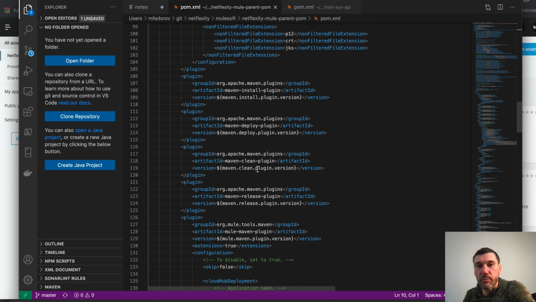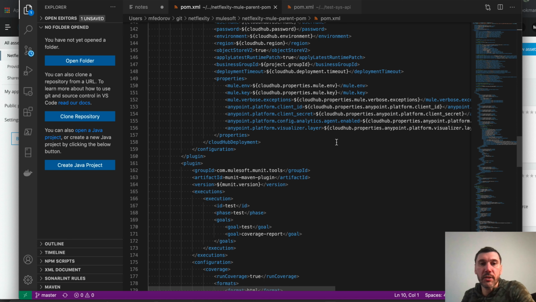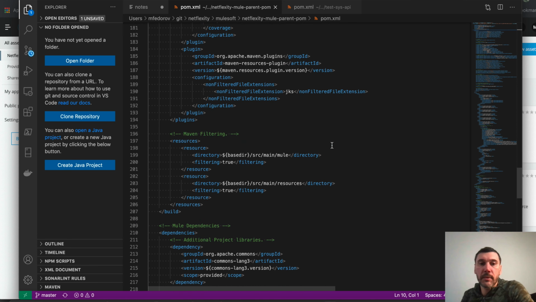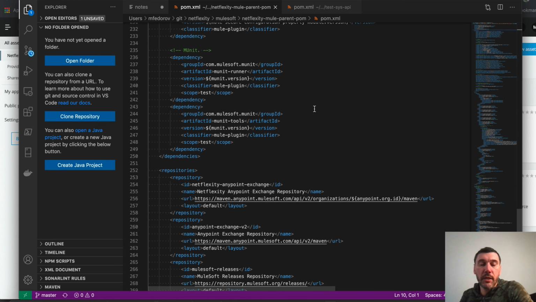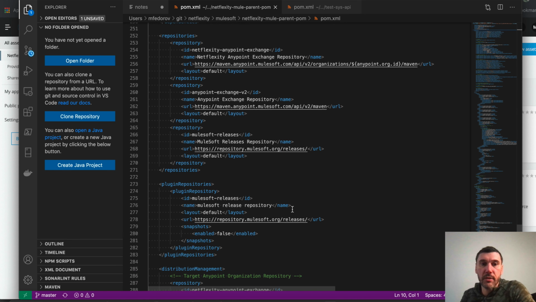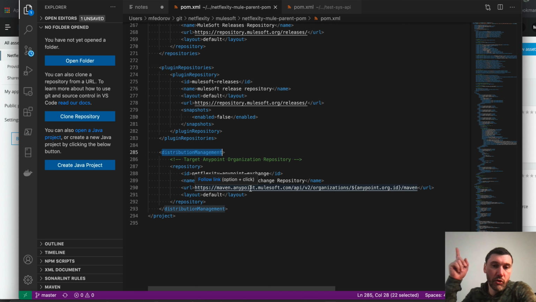I have all the install, deploy, clean, release, MMP, Mule Maven plugin, everything set up in parent, as well as some common dependencies that I expect all the projects to have, right? As well as the repositories, plugin repositories, and very important, distribution management. Distribution management, as I mentioned in a previous video, and by the way, check it out, in our case points to